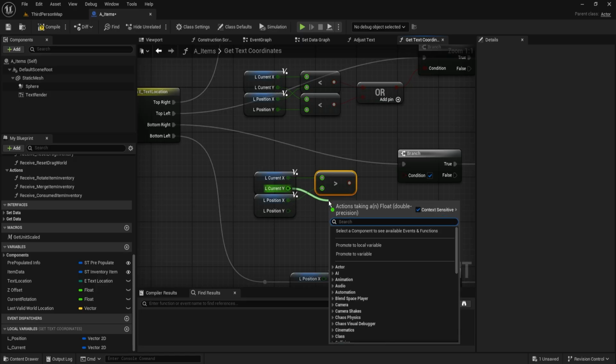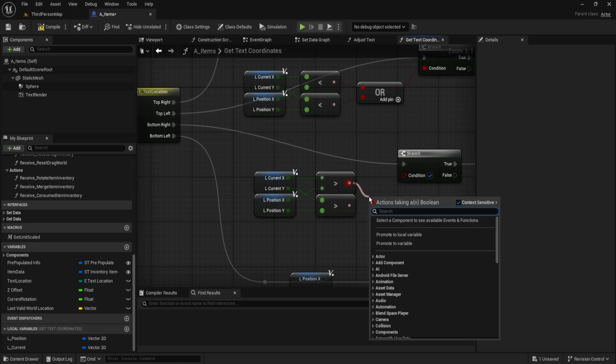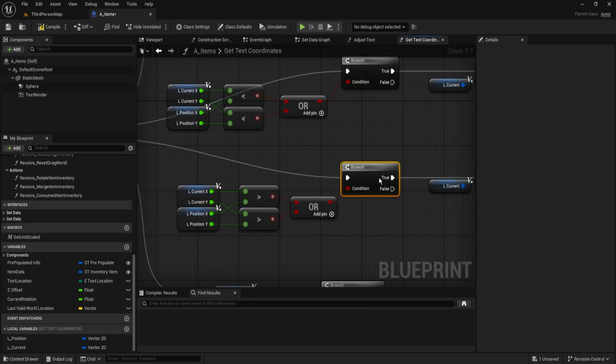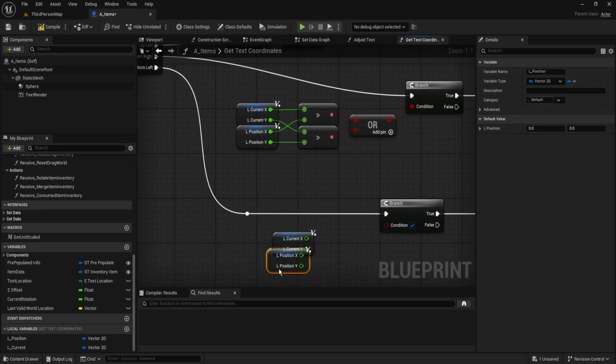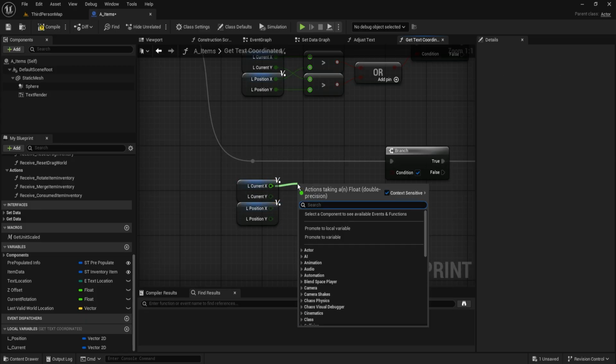Or this is also superior. So if either of these are true, that means we can say that we want to change it. So or, once again, plug in the condition, there we go. And so finally, for our bottom left, once again, position at the bottom, we're going to say if x is